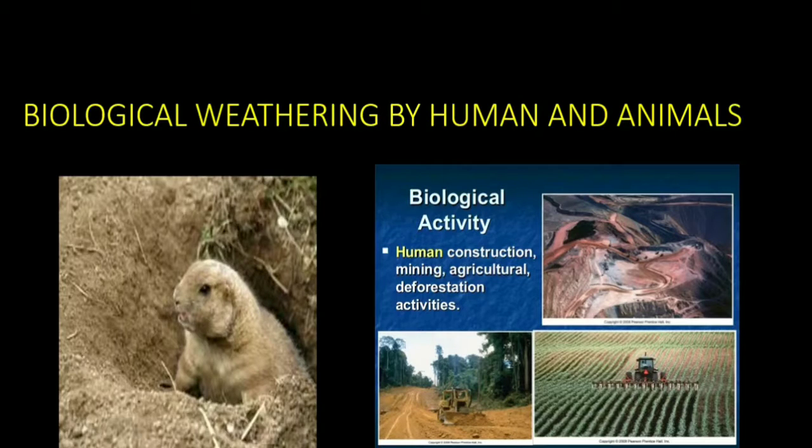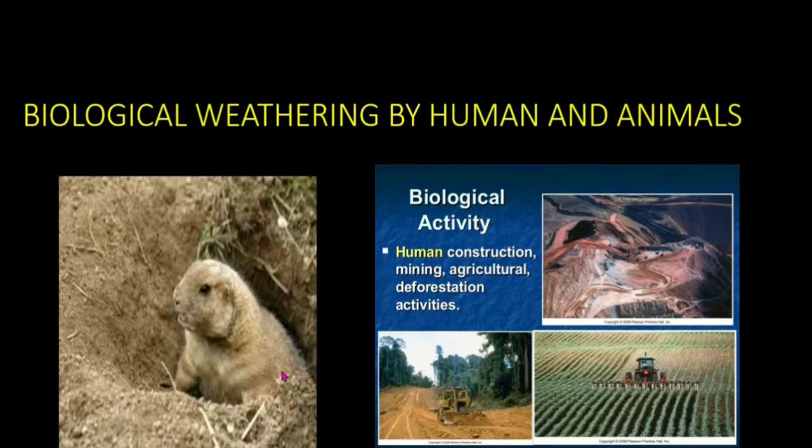Human beings, you all know, are very powerful agents of weathering in the blasting of hills, and then explosion, then in case of mineral extraction, quarrying for industry or building raw material. For all these purposes, human beings are responsible for weathering. And the rate of weathering increases on the hill slope by modifying the ground surface through deforestation. This can cause mass movement of the broken land material down the slope by landslide.